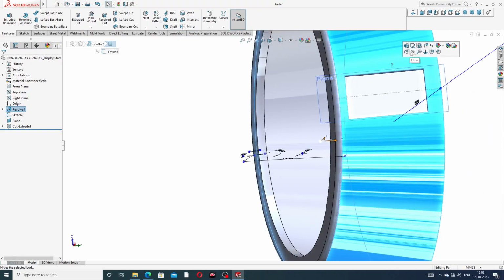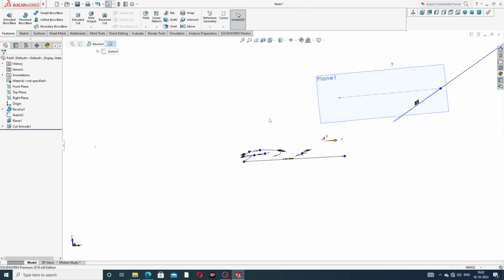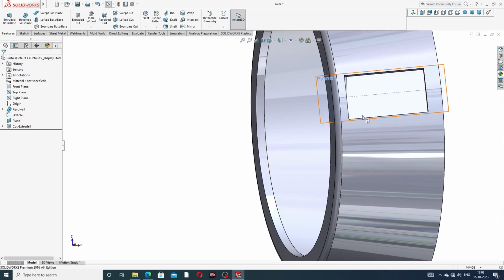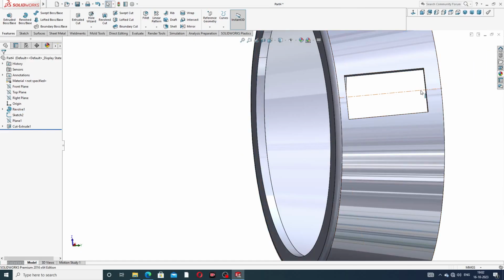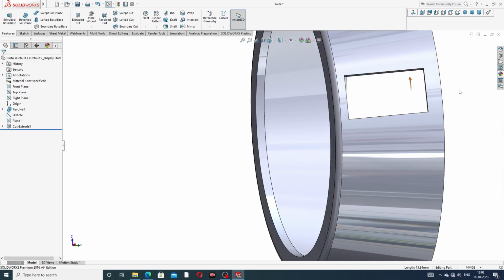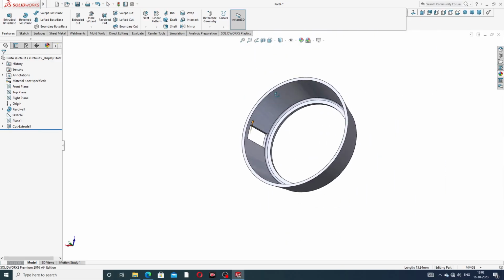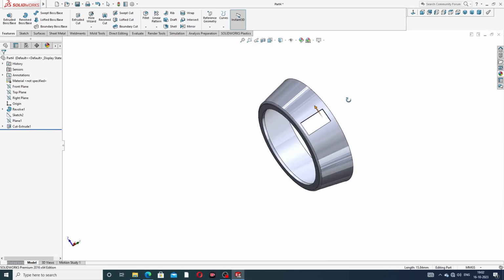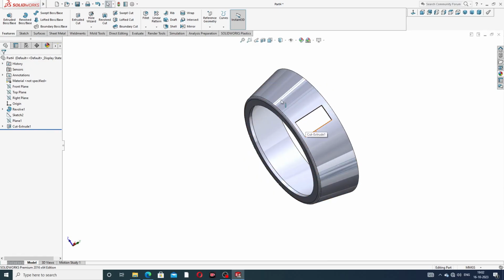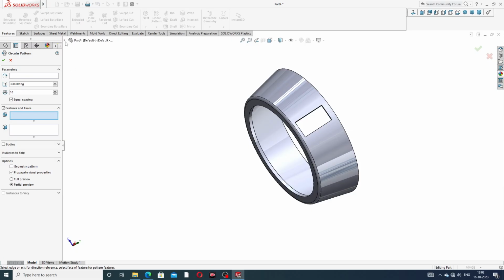because all is hidden. This plane is hidden, and this line is also hidden. Okay, this is perfect and correct, and again select a pattern, this circular pattern, and select